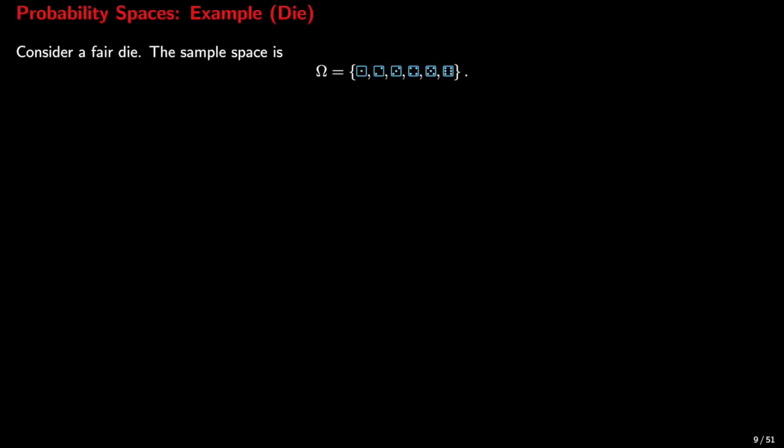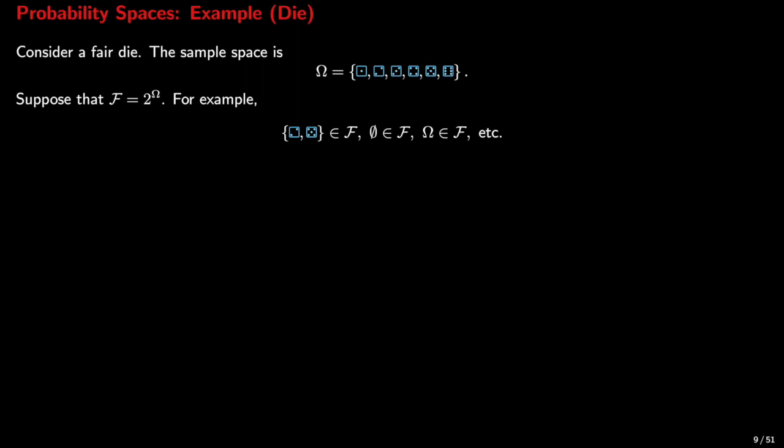Let's give an example to better understand what a probability space is and how to use it to model the random experiment of rolling a die. So consider we have a fair die, so no outcome is more likely than any other. What is the sample space? The sample space is the set omega, which is equal to {1, 2, 3, 4, 5, 6}. Suppose that the events we're talking about are the power set of omega. What does this mean? It means that we're saying that it makes sense to talk about any outcomes of this die. For example, {2, 5} is an element of this sigma algebra.